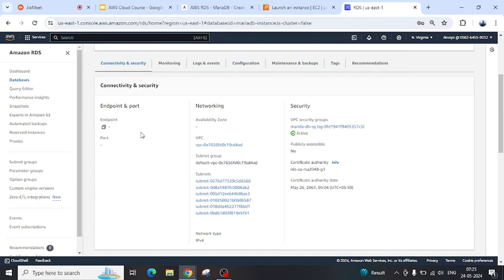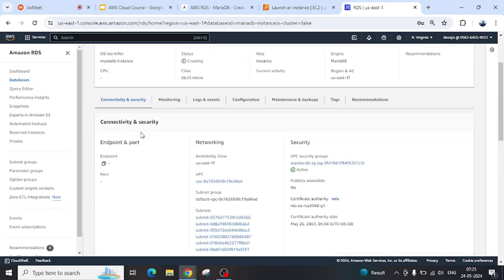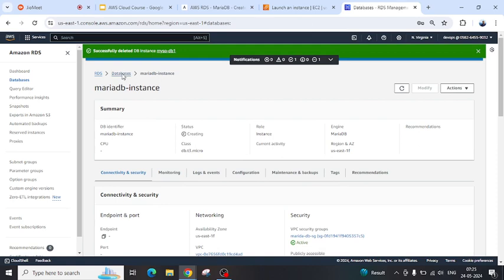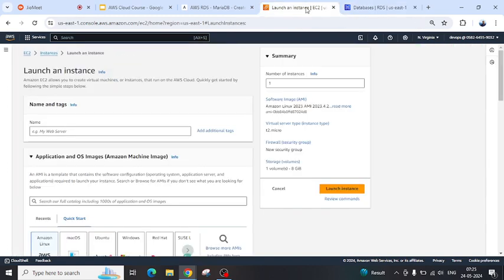And we'll also cross check the availability zone. Okay, US East 1F. We'll try to create in the same. So I'll create phpMyAdmin